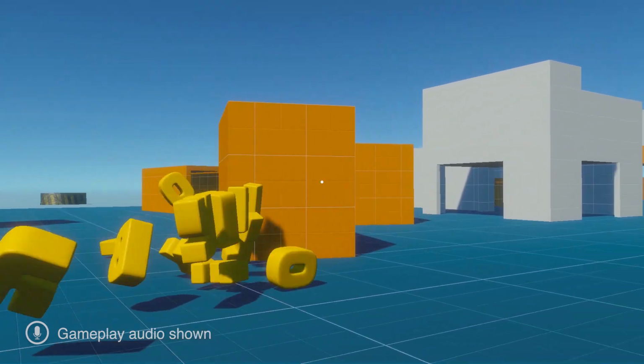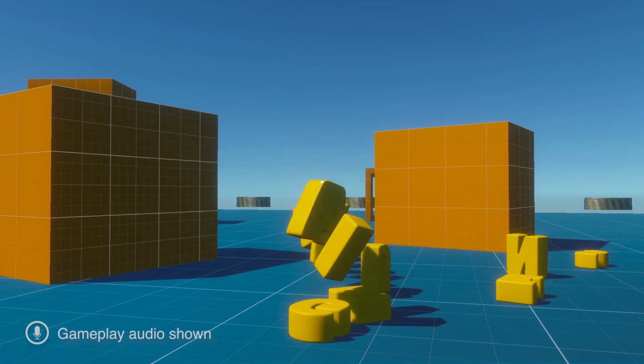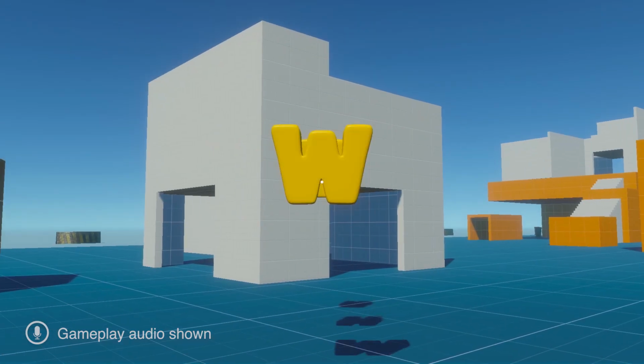Yellow box. Green screen. Attack. White House.